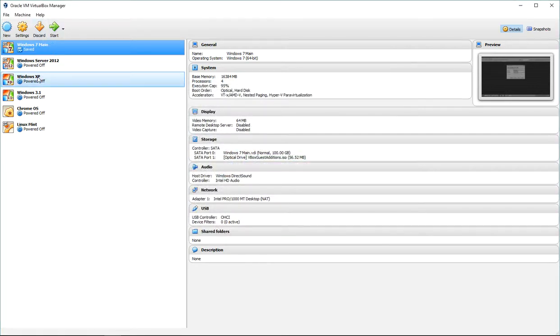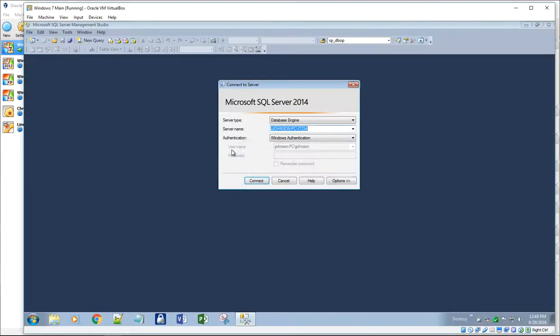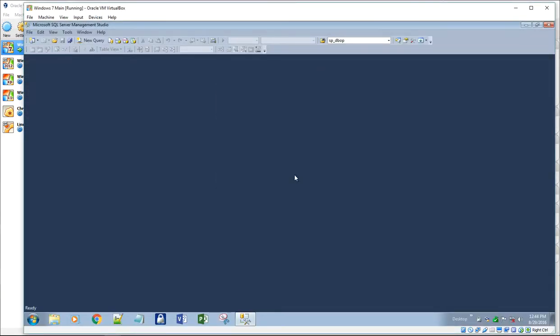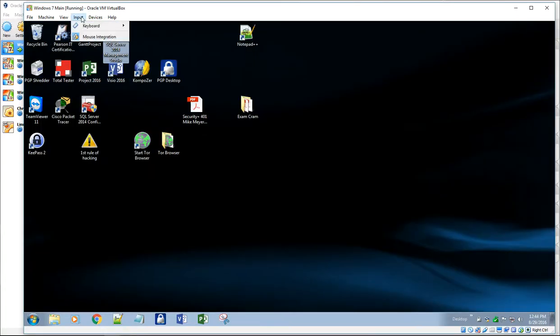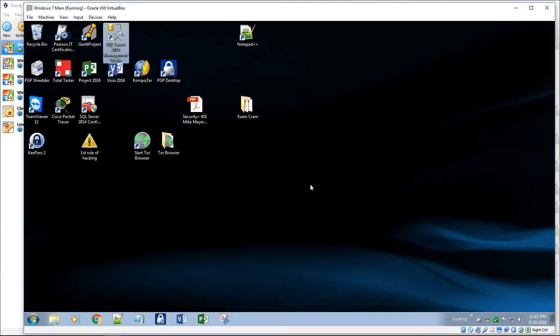Now, if I want some extra settings, once you get your machine started up and running, you can insert the Guest Additions CD, and the Guest Additions is software that runs. I'm not going to lecture about it in this video. You want to read about the Guest Additions, but it allows you to do some different things with your machine. It allows you to resize your screen and your display, and do some different things that are kind of nice. So all you do is go up here to Input or Devices, insert Guest Additions CD image, and that'll pop up and ask you if you want to run that software.